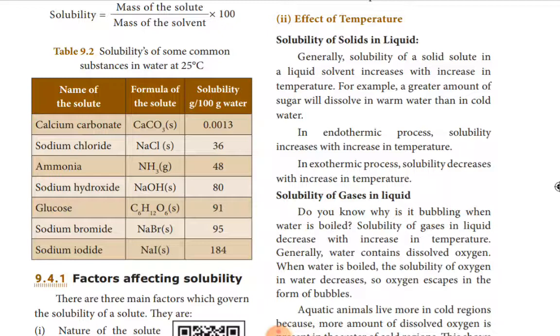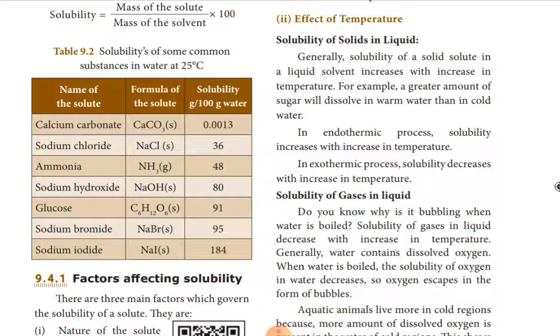Ammonia in the form of gas, NH3, it is a gas, 48 gram can be dissolved. Then sodium hydroxide in the form of solid, 80 gram of sodium hydroxide can be dissolved in 100 gram of water to attain saturation. Then glucose, C6H12O6 solid, 91 gram of glucose can be dissolved in 100 gram of water to attain saturation. Sodium bromide, NaBr in solid state, 95 gram can be dissolved in 100 gram of water to attain saturation. Then sodium iodide, NaI,